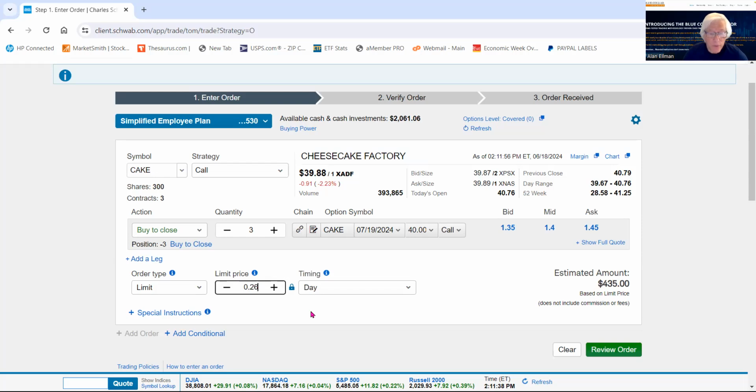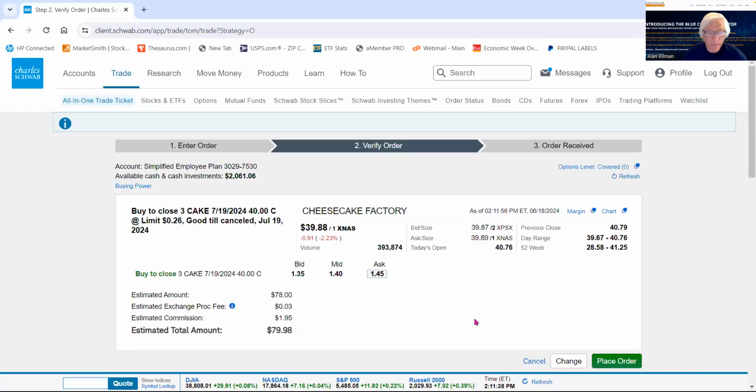10% of $1.30 would be 13 cents, 20% is 26 cents. Now, this is not a day order anymore. It's good until canceled. It's buy to close, good until canceled, 3 contracts, right? So let's review the order. We want to buy to close 3 orders of the 719.40 call, 26 cents, good until